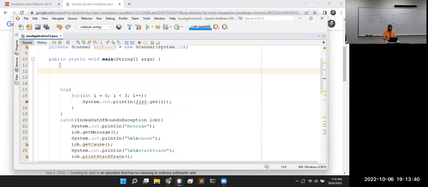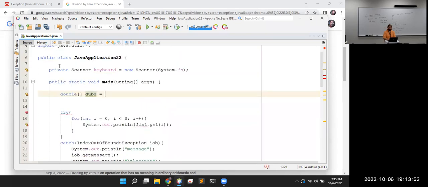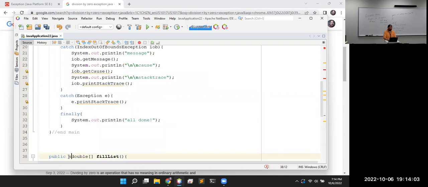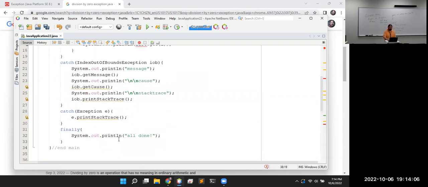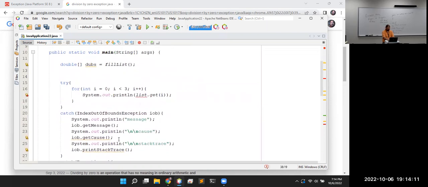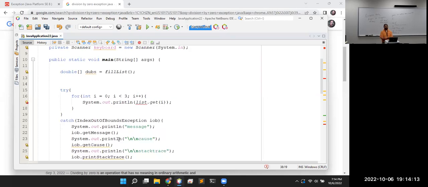So the first thing we want to do in the main method is call that method. We know we're getting an array of doubles back. I'll just call it dubs, is that fill list method. Oh, I'll just do this, public static double. I just switched that to static, the quick way to avoid that error. So we'll fill that up